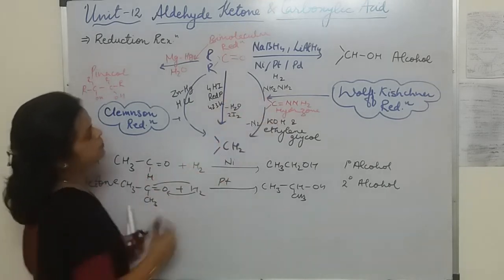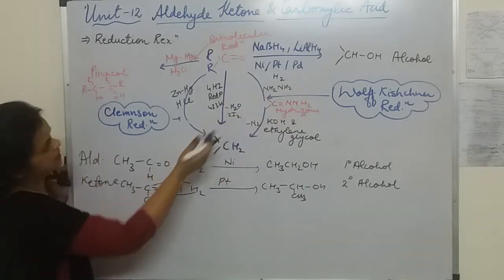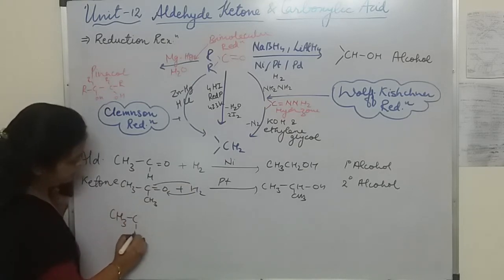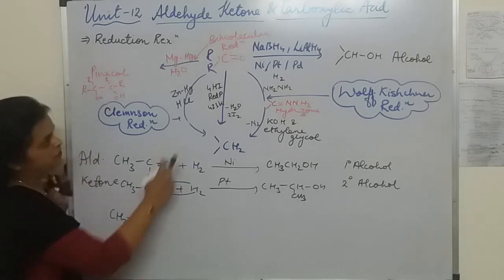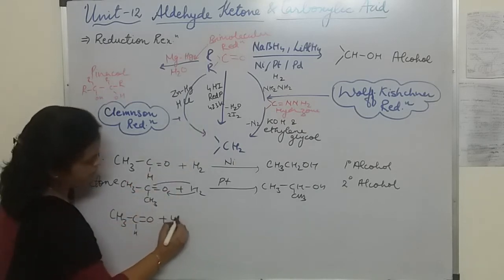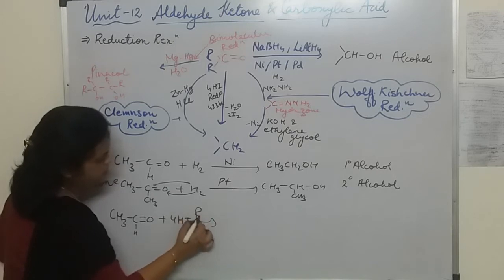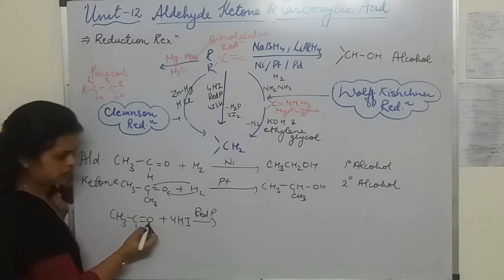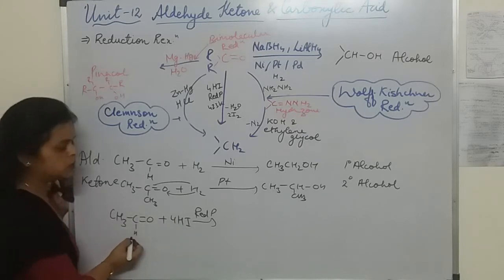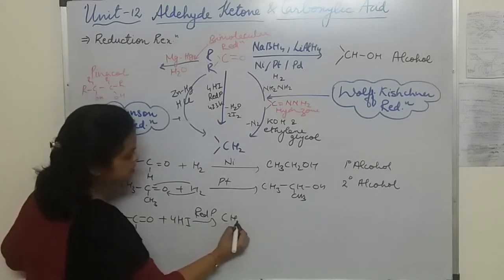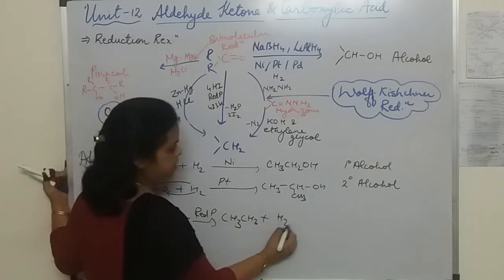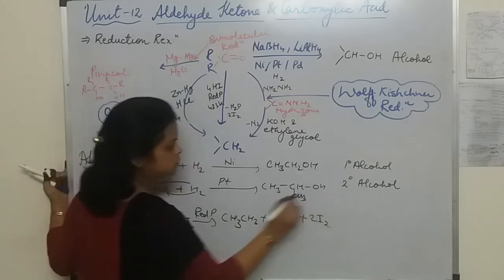And here suppose if you have to make the clarity of this reaction, you can easily write down. If our compound is CH3 CHO, and if it is treated with 4HI in presence of red phosphorus, how was the product formed? 2H will take this oxygen and 2H will come at its place. So C, 2H and 1H. It is going to form ethane, CH3 CH3, plus H2O plus 2 I2. Okay.